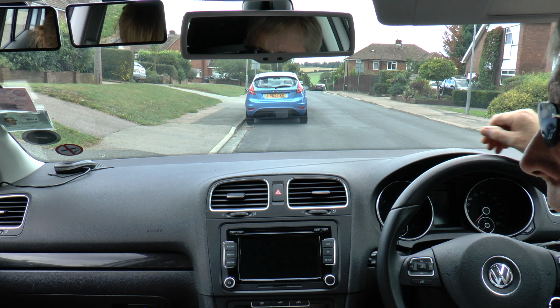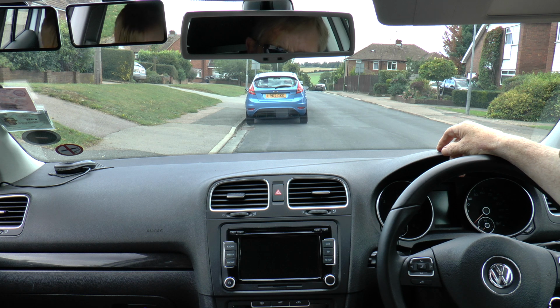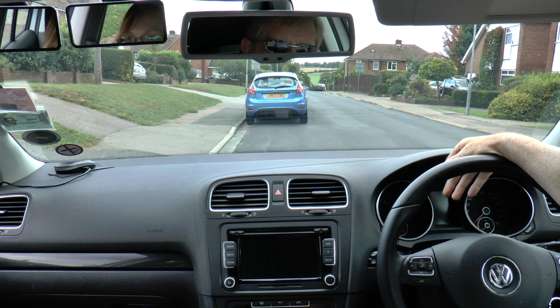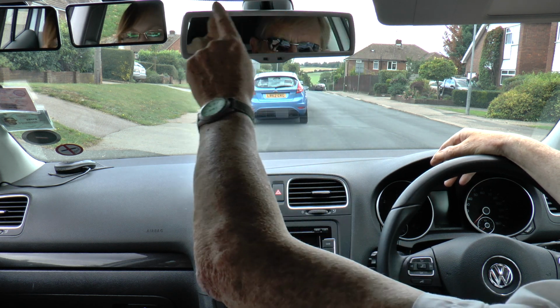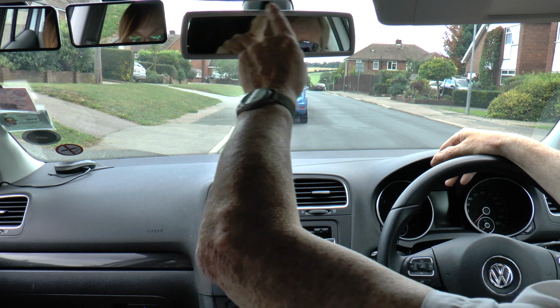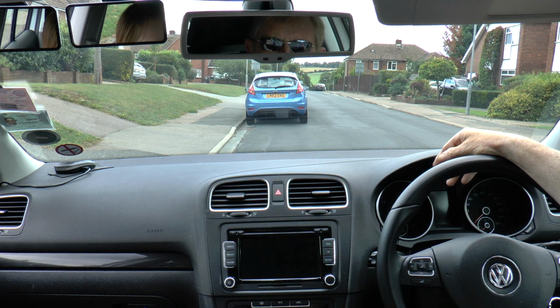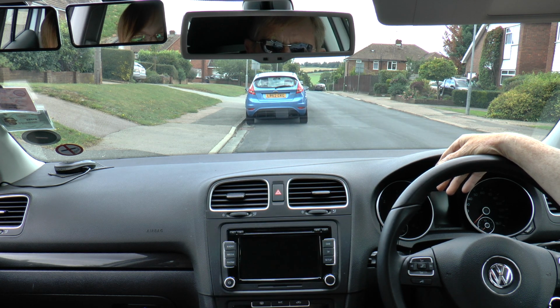Right, I've done all that. If you could just ask me what I can see through the interior mirror, just so you know that I got it right. And what can you see through the interior mirror, Tony? I'm using this white plastic frame bit as a picture frame. I'm using the back window as a picture, and I put the frame around the picture, and it's straight, and I can see the whole of the back window, and I can see a bit of my head restraint. I can see a bit of your head restraint as well, yeah? Okay,